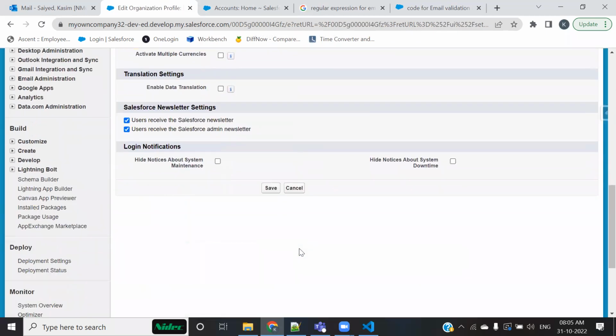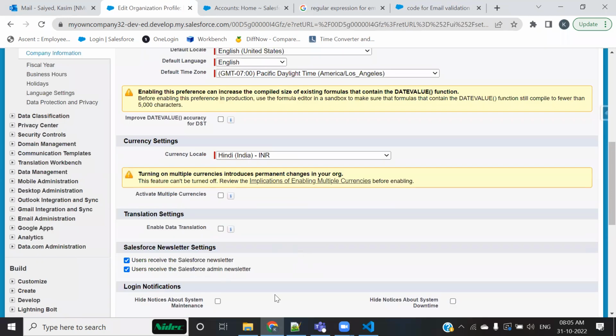Now there's one small thing, which is very important: Activate Multiple Currencies. When you activate this, first of all, understand one thing. Read carefully what is written here: the currency selected as your currency locale will become your corporate currency. When you make this selection,